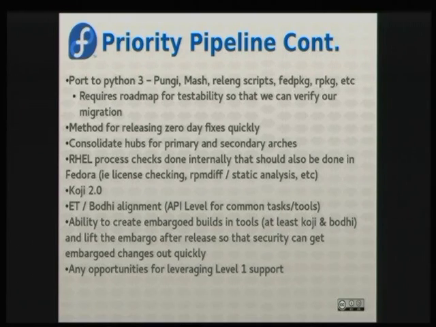I'd really like to see Errata and Bodhi. Errata, for those that don't know, is a tool internal to Red Hat that pushes all the errata. I would like to see, for the places where we interact with Koji, with Fedora processes, with Bodhi internal processes, and Errata in Bodhi in Fedora and Errata in internal, where we have the same. We've got 10 minutes. Where we have the same